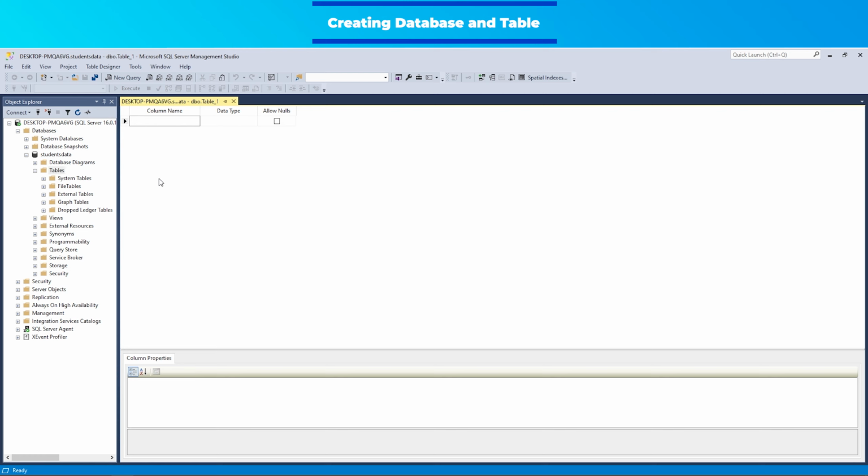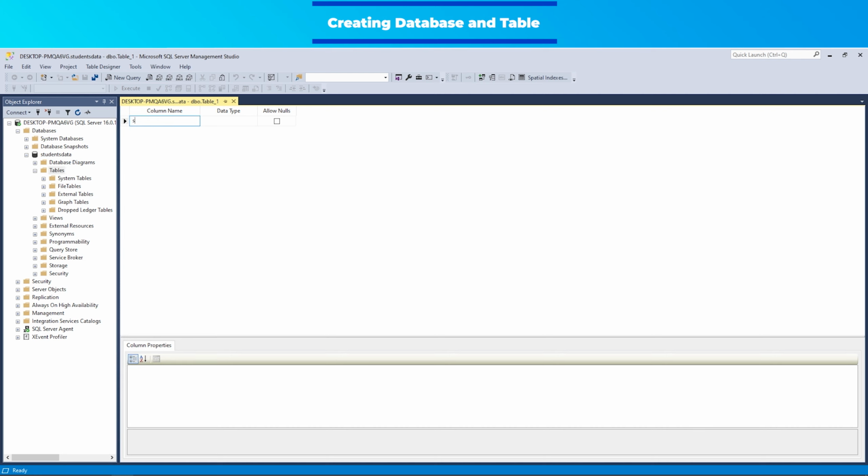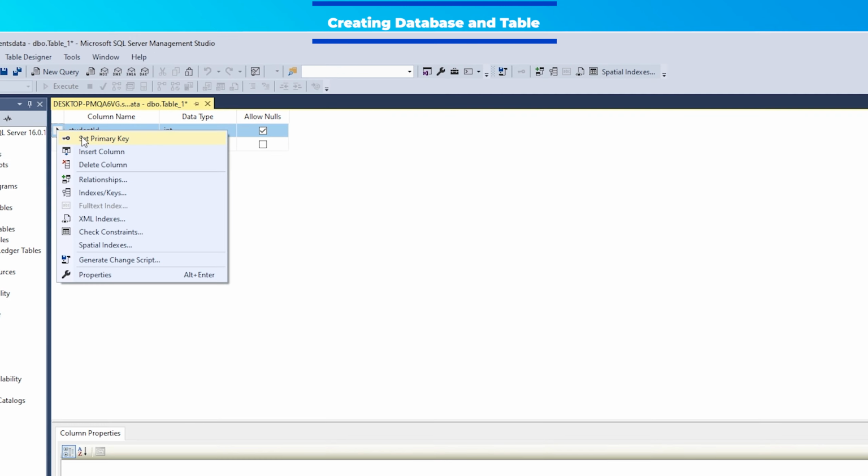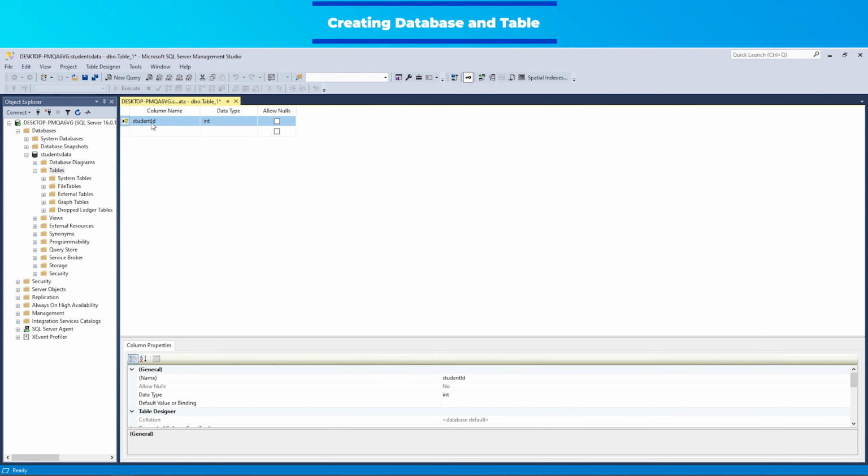I will create my table by defining column name and data type. For the first column, I will make the designation as student ID. I am setting it as the primary key by right-clicking on it or using the Set Primary Key option in the top menu. Making it a primary key will provide advantages such as maintaining data integrity and speeding up data searches. You may not need it, but it's essential for your database's performance to define a primary key. The primary key indicates a field in a table that won't repeat.